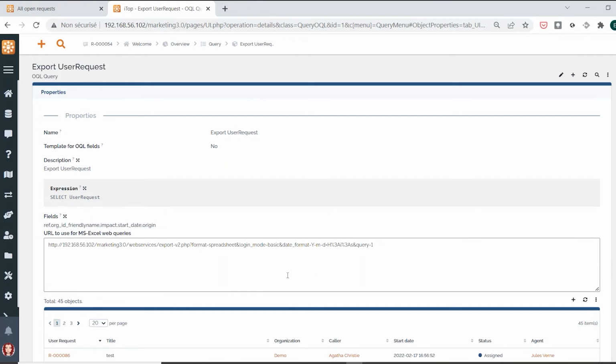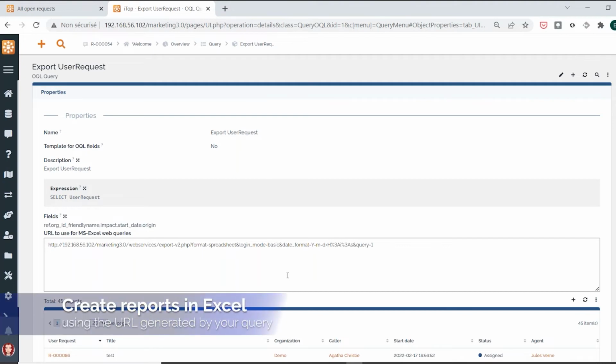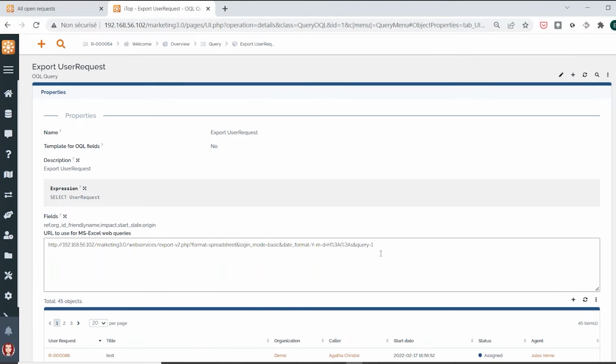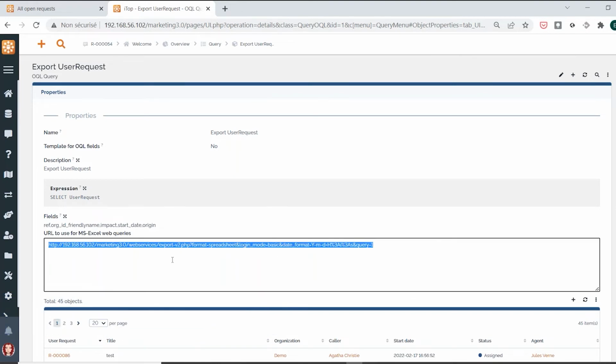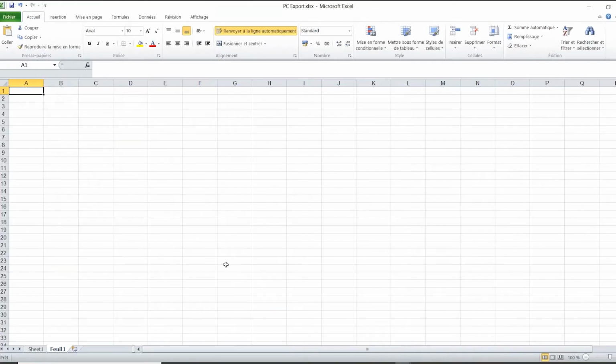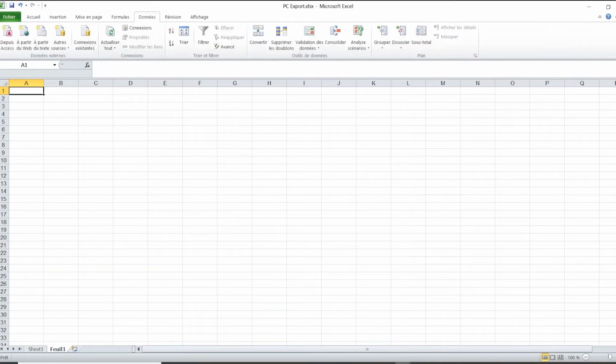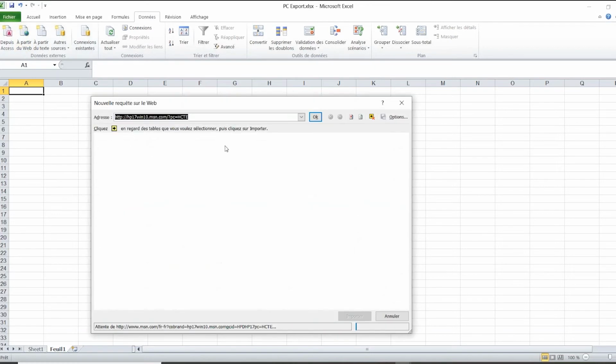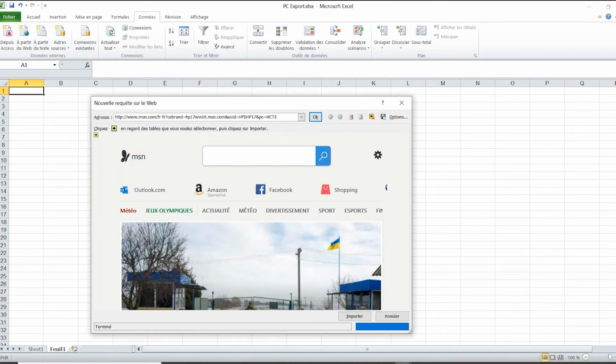So I will show you quickly how to automatically create a report in Excel without, I would say, iTop knowledge, except this URL. So I will get it. I will go to Excel. For example, this file, I will create a new data sheet. And sorry, my Excel is in French, but I will use the tab data from web. And I will just have to copy paste my